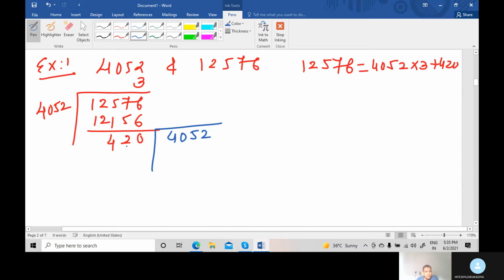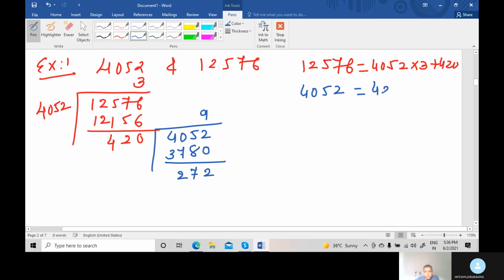Now speak your table. Suppose 420 tens are 4200, which is bigger than 4052. So we can't write tens, nines are. 9 into 0, 0, 9 2s are 18, 1 remainder, 9 4s are 36 plus 1. Right? Now subtract this number. 15 minus 8, 7, and 39 minus 37, 2.